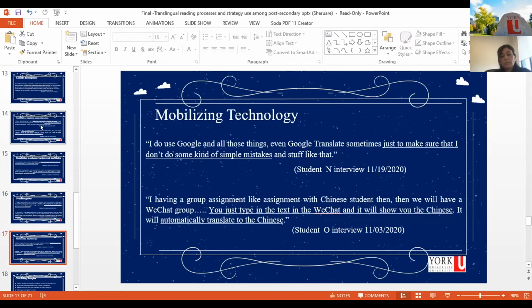And mobilizing technologies: they're using different technologies and apps to translate. Students said, just to make sure I translate everything, just to make sure I don't make some simple mistakes. Another student said, we use WeChat, and it will automatically translate the Chinese. Actually, this data indicates translingual practices draw on powerful linguistic hierarchies and they draw from that repertoire. In this regard, technology that helps translate through modalities and media is one of the components used in the translingual process. Students use different kinds of translingual apps to co-construct the meaning of the academic text by using different semiotic resources.